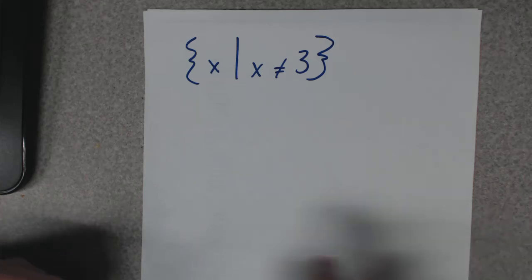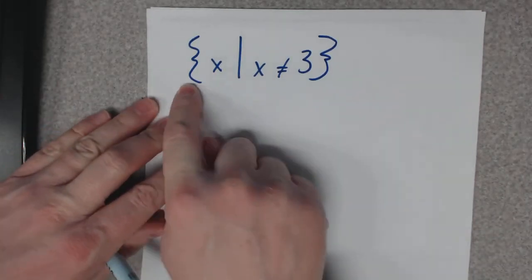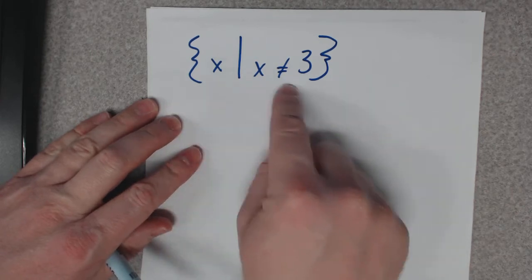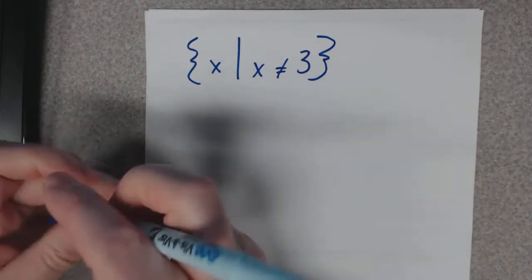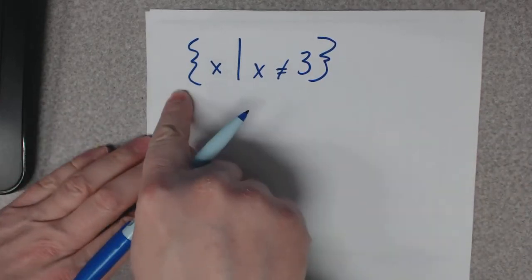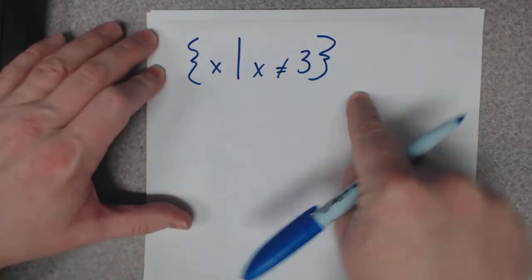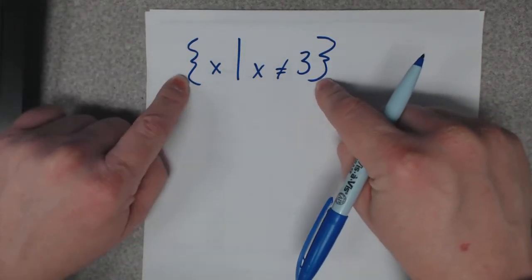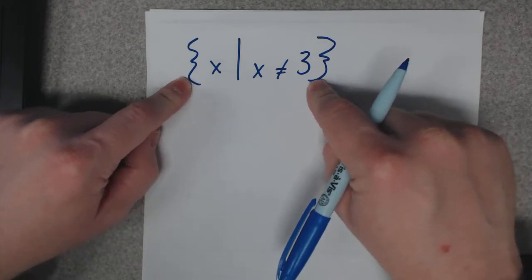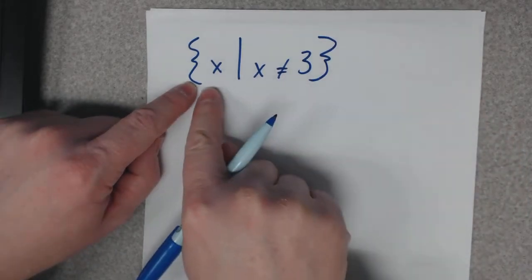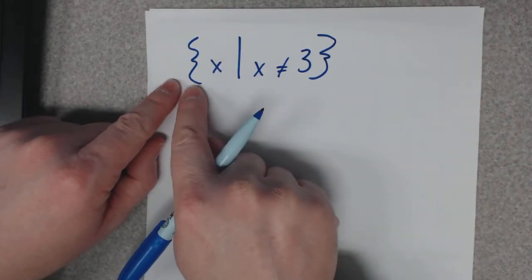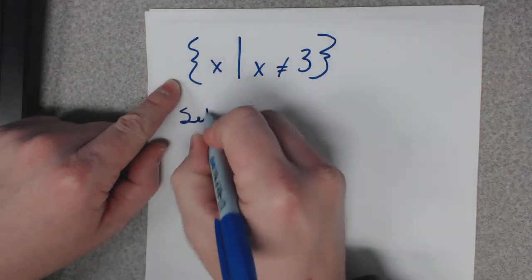The question says we're supposed to write this in interval notation. So first off, let's figure out what this actually means. We know it's set notation because it has these curly brackets. Now, how this is read is: the set of all x's